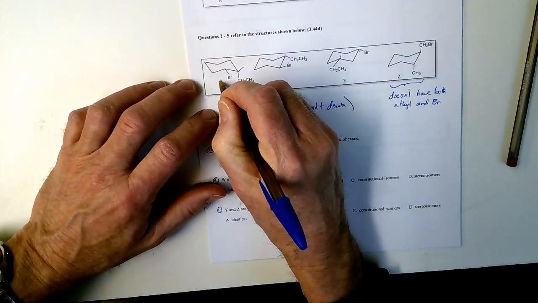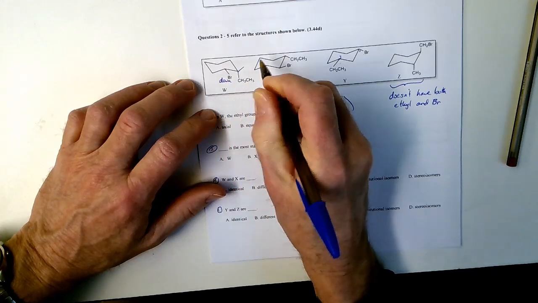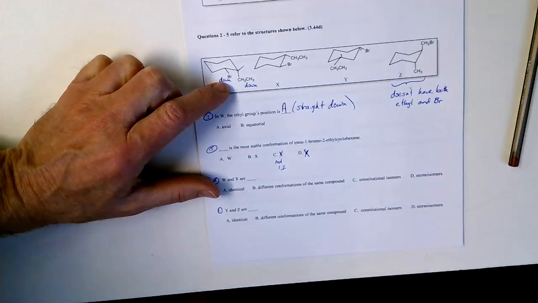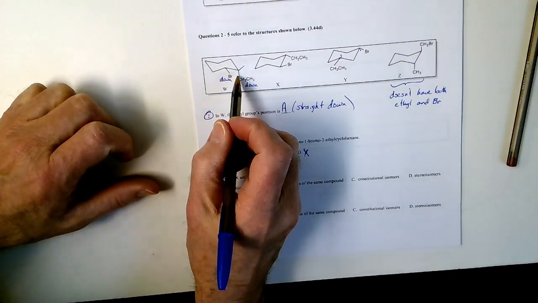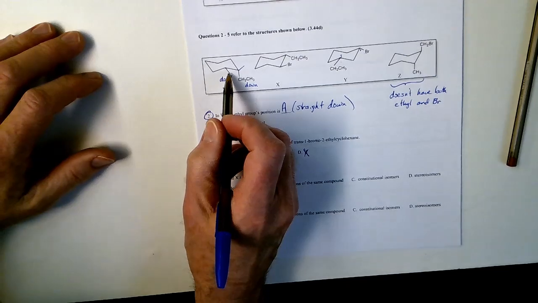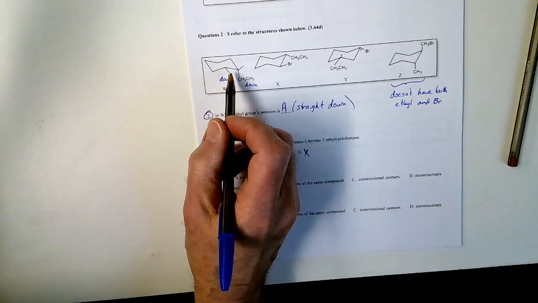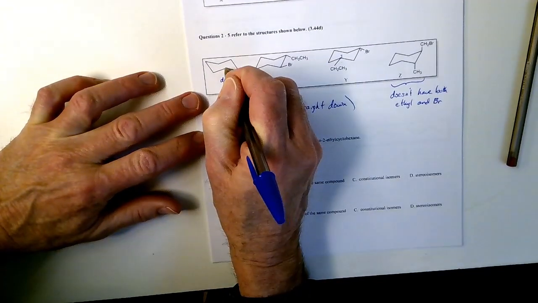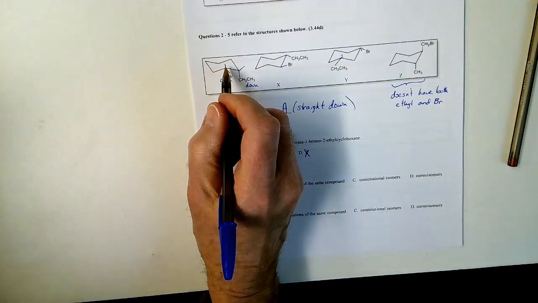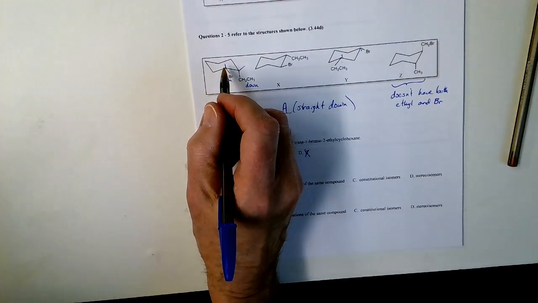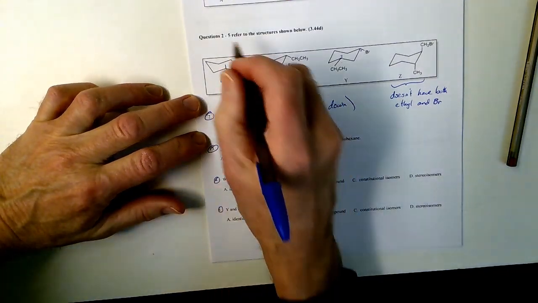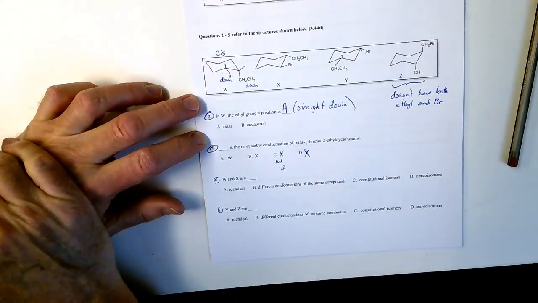This one, the bromine, points down, and that's true here as well. Now, don't get mixed up. One of them points straight down. That's the easy one to see, right? But this one right here, it still points down. Now, it's not straight down. But it's sure not in the other position. Axial on that carbon right there would be pointing straight up. It's not there. So that means they're pointing in the same direction. And this one must be cis.